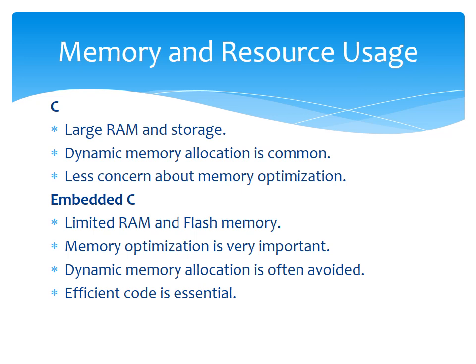Memory optimization is very important, and dynamic memory allocation is often avoided because you may have some kind of errors or hazards when data is stored in some other location. So dynamic memory allocation is often avoided, and efficient code is very essential when you talk about